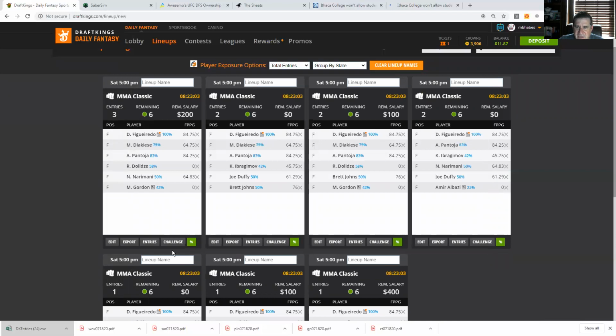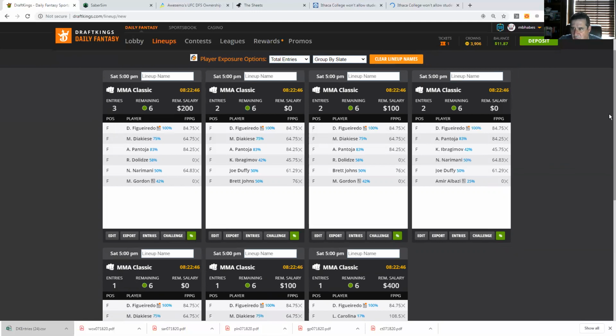So again, we eyeball it here. Diakiese, now we're getting a little less of him. We do have one lineup with Pantoja's opponent. Do we have enough of Albazi? Albazi 25% compared to Gordon's 42, that's fine by me. Ibragimov 42% versus Dolidze's 58, that's fine. Do we need to have one lineup or so with the underdog in the Figueroa fight